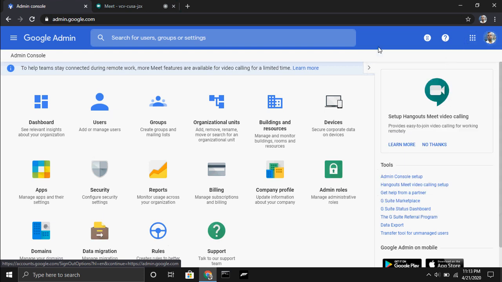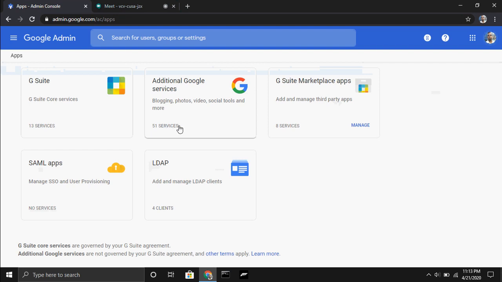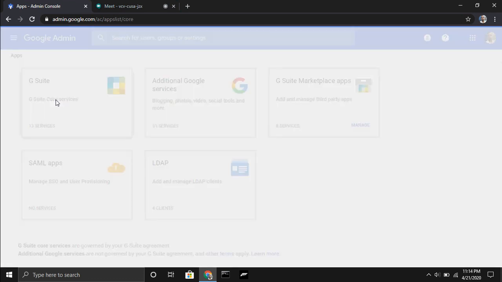So next, first we will go into the G Suite panel to set up the Hangouts Meet recording option. Okay, I have logged in to the panel, and there is a default service group where all major services are included. We will click here to go inside the settings. This is the apps group. When you click here you will see the default service group and the additional Google services group. Here there are 51 additional services. We will learn about all of them one by one in my next videos. And here are the major services, these 13 services. Click here.